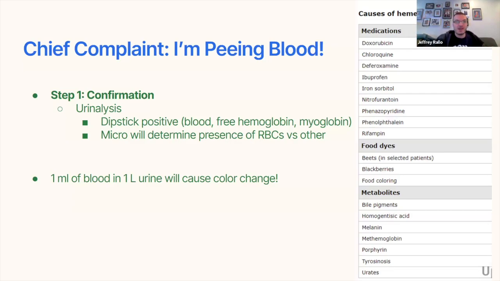Quick list on the right side is all the medications, dyes, or other things that can cause red urine that is not blood. And that is an incomplete medication list because Omnicef, for example, can cause orange urine, which can be confused with blood urine. We see a lot of food dyes, both the natural food dyes and artificial food dyes that give you cancer. Well, a lot of them will trickle down and color the urine.